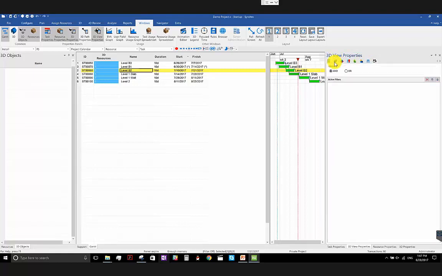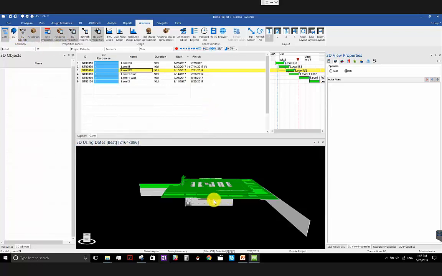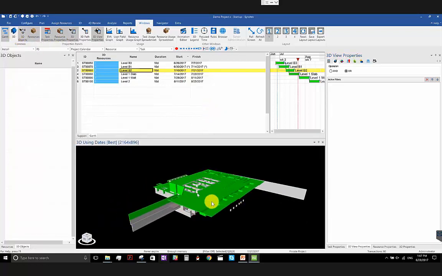Some of those features were in options before, so it was very hard for users to get them. Right now, everything